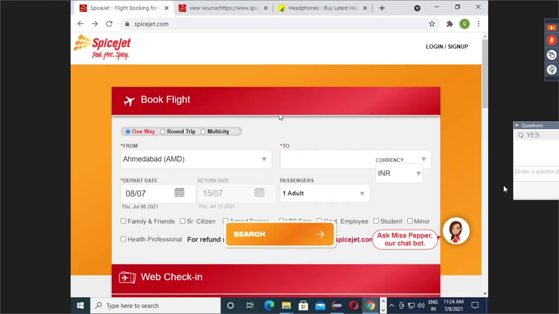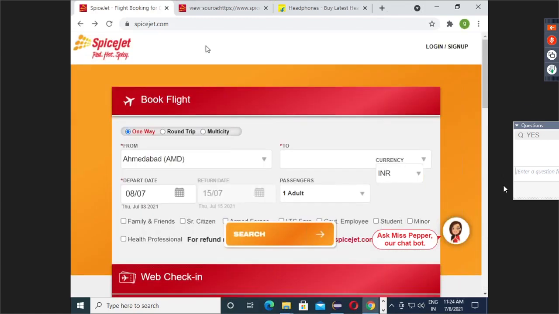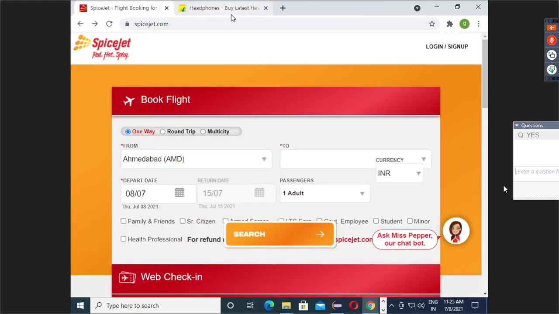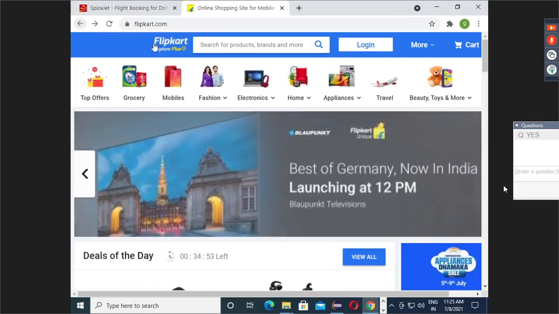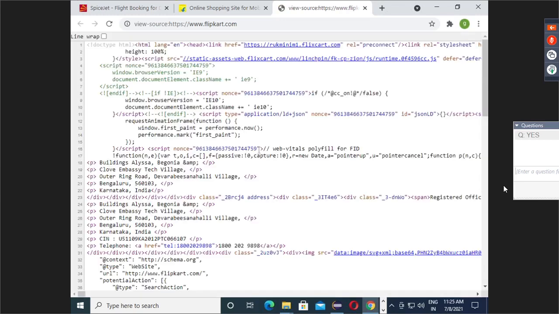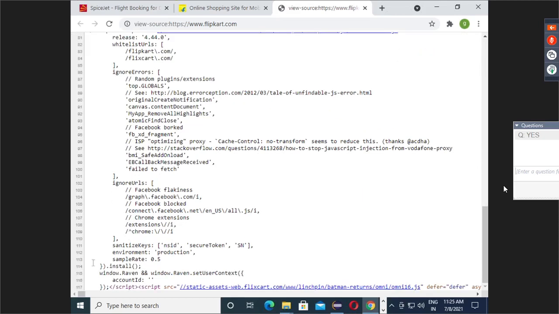What you can see, you are thinking, only this much, sir, this small web page. To create this, they need 5,000 lines of code. Similarly for Flipkart, let's say I open Flipkart, go to view page source, see the source code. To develop that, they need 1017 lines of code. That is not our headache. Don't worry. Come back.